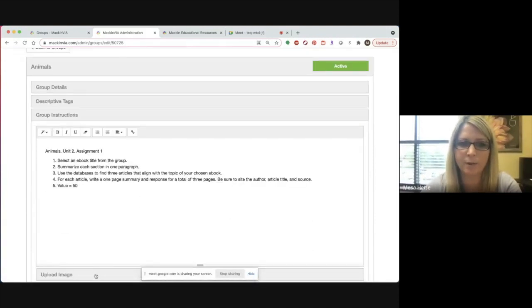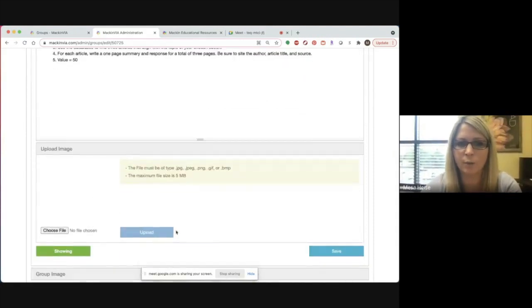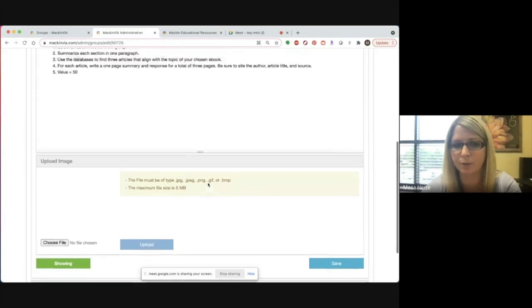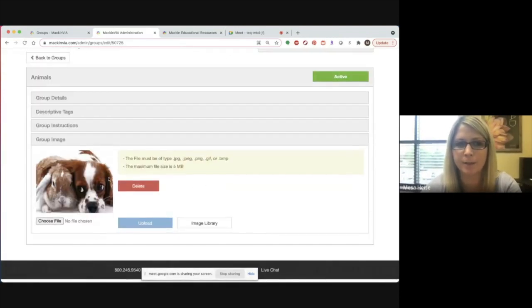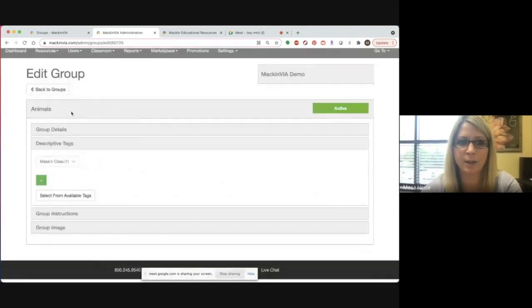And then I can also upload an image. So if you wanted to upload an image, you could go in here and upload one that you saved on your computer. There it is, saved on your computer, or there is an image library. Now this is a free service that we use. It's more for adults, so just be careful what you're selecting. And obviously we leave it up to you to know what's appropriate for the image. And then you could just go into that image library, or you can upload one from your computer.